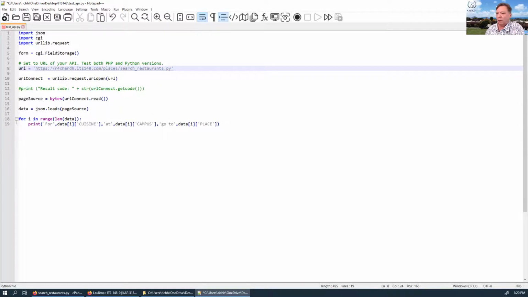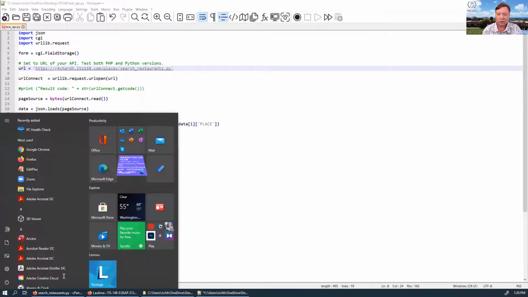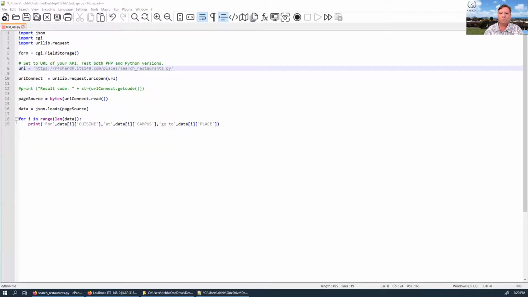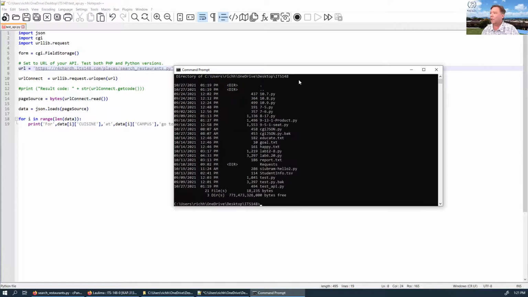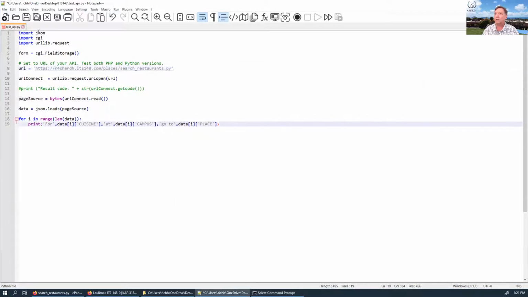So let me just open this up here. CMD, and go to my OneDrive, go to my desktop, and go to my ITS148, and do an ls, or do a dir. Have I saved this yet? Here it is, this one, test.py. Okay, so what this does